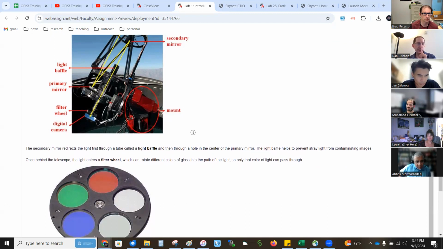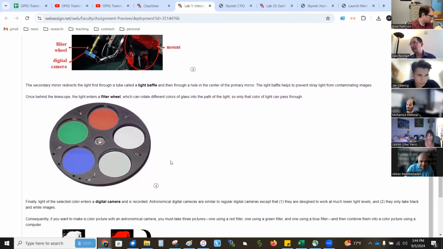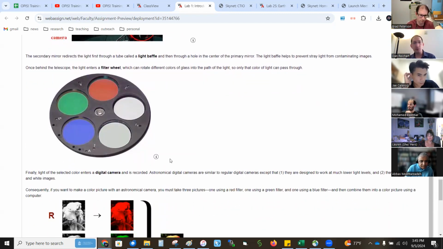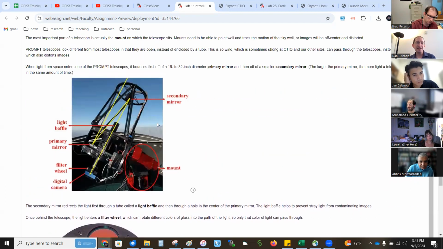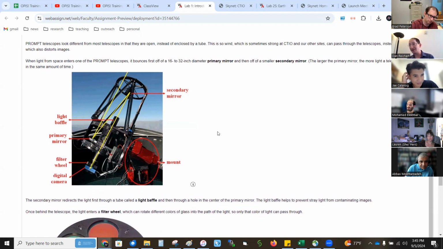But the cool thing to talk about is the filter wheel camera. Their phones have what? What's it up to now? 8, 9, 10, 12 megapixels? I don't know, something like that. A lot of these Skynet systems are still on 1 megapixel. And they're black and white. They're not even color yet.